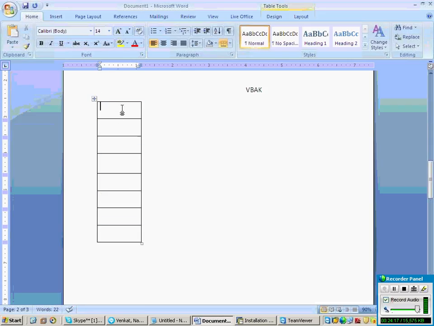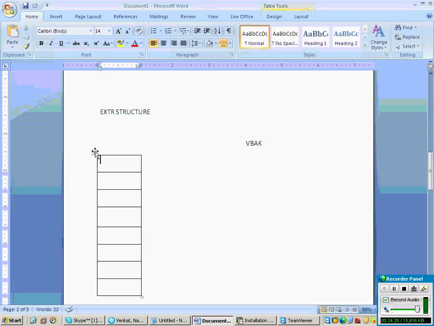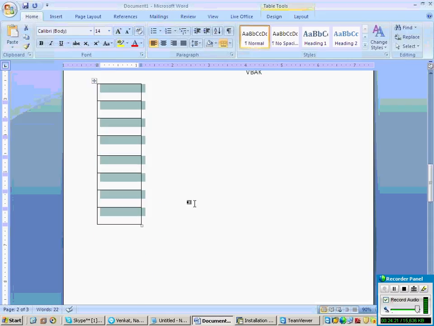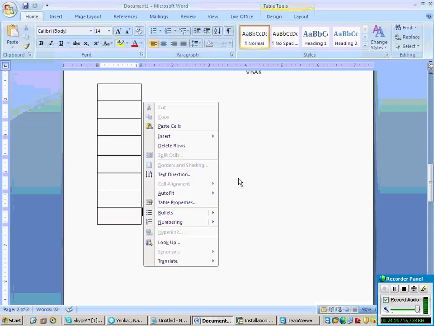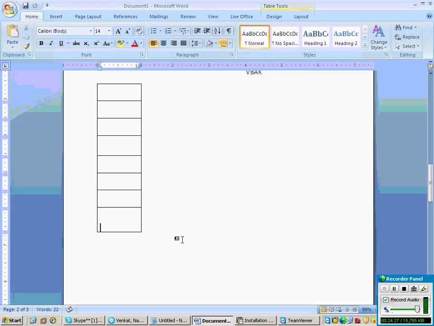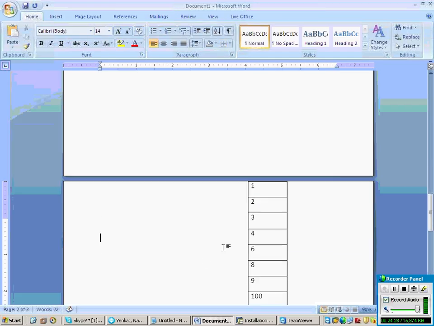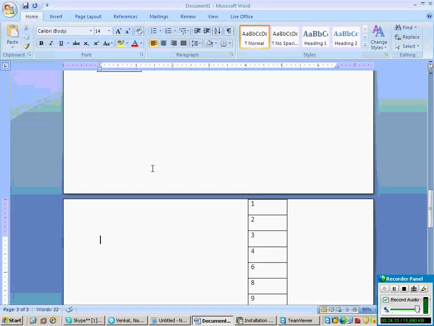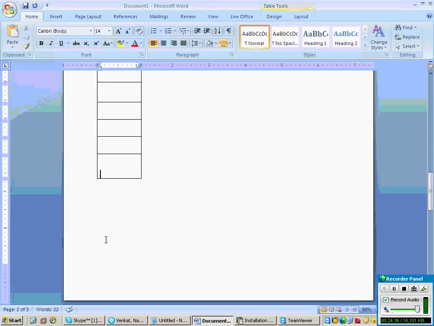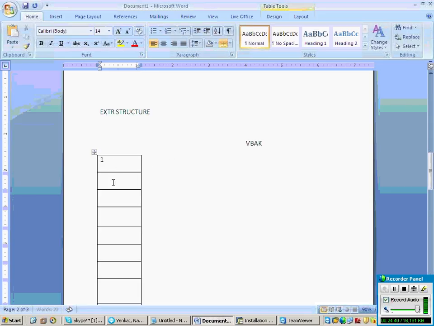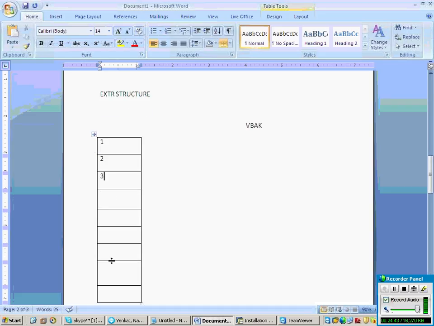Okay, suppose this is your extract structure. I have some ready-made fields given, suppose 10 fields. But when it comes to my table, so in your table,